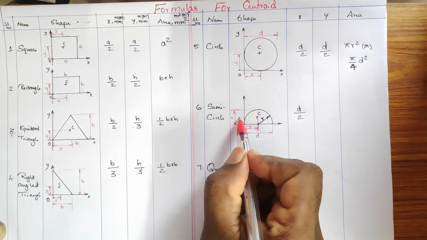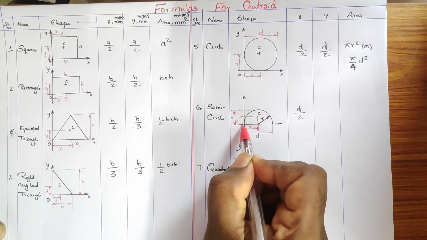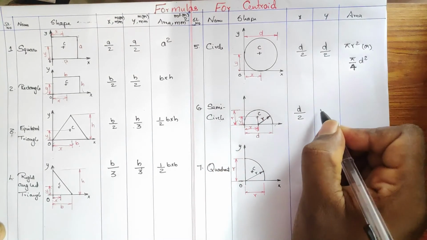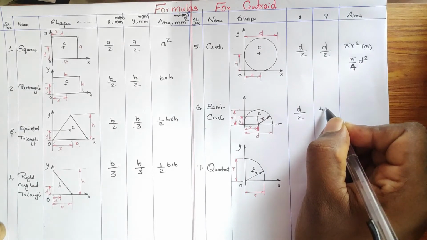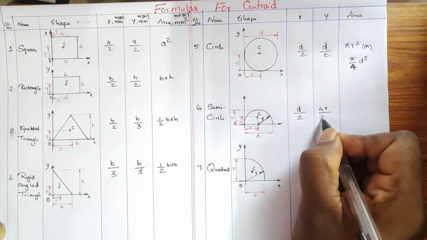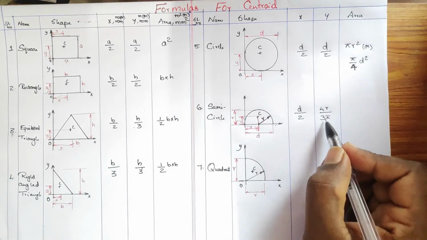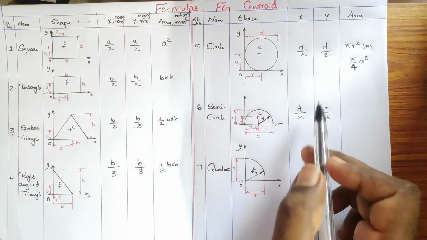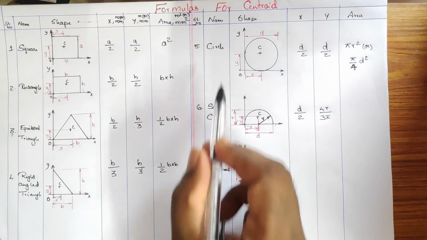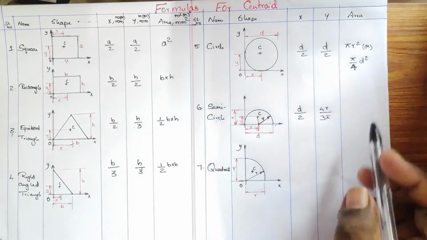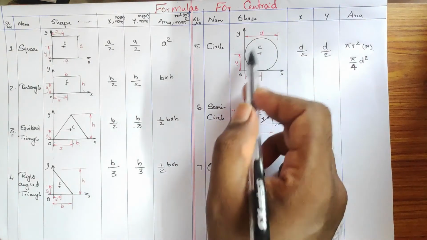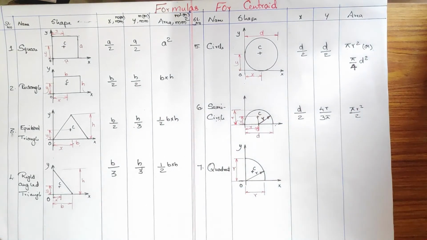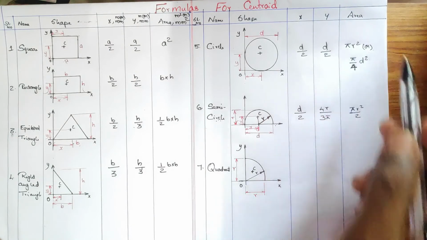So when you are pointing out the y, the formula is 4r by 3 pi, 4r by 3 pi, and just calculate the area. So here it is easy, it is a semicircle. The area of circle is pi r square. So semicircle in the sense half of it, right? So it's so easy, pi r square divided by 2. It's a semicircle, so half of it, that's all.